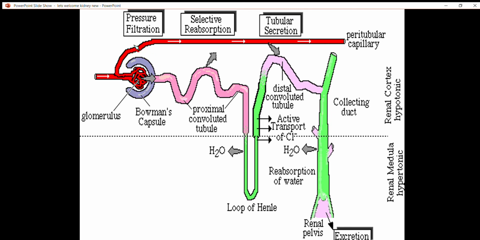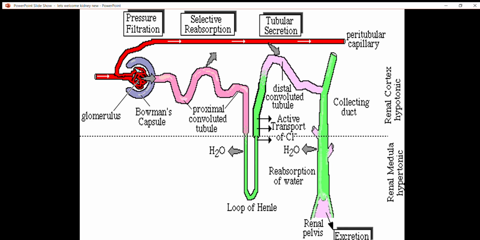My cursor is circling out this portion. This is your first chapter, which is concerned with the filtration. And filtration, in the kidney, we call it the GFR, glomerular filtration rate. Again and again I will repeat this terminology, this abbreviation GFR. That means